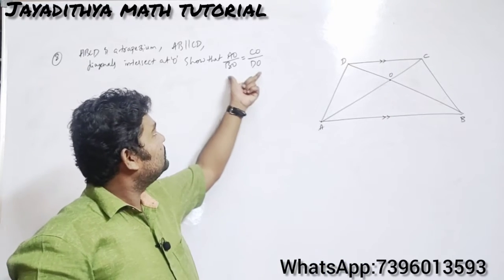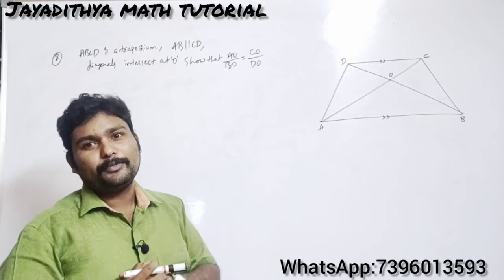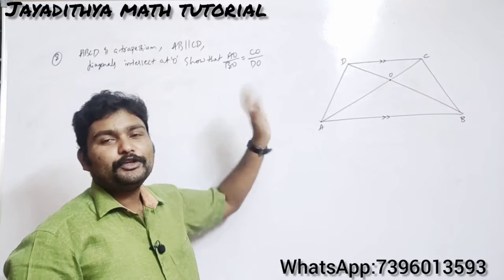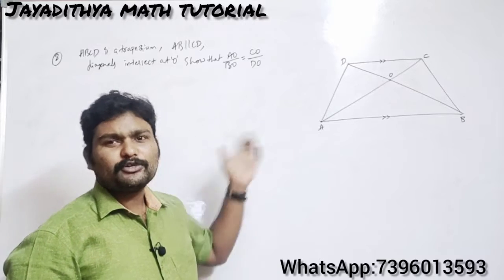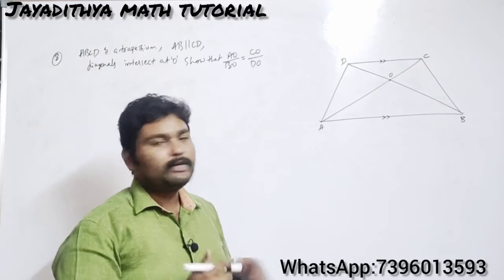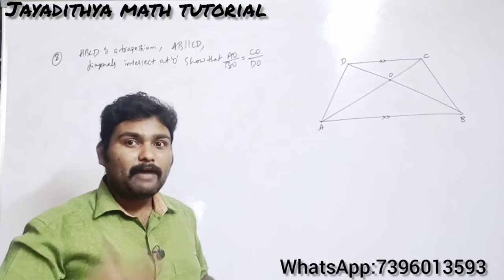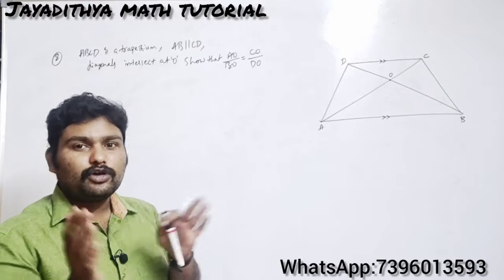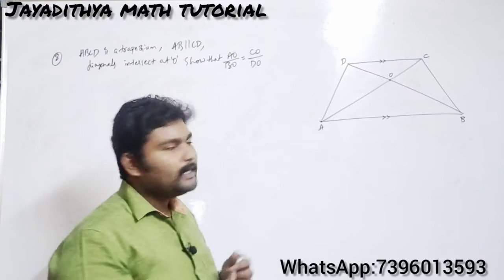So observe this ratio. You have an example problem, right? If AO by BO is equals to CO by DO, then you need to prove that the quadrilateral is a trapezium. So this problem is slightly reverse of that example. So we'll be doing very, very simply. There we have done one simple construction. So here also we will be doing the same case.